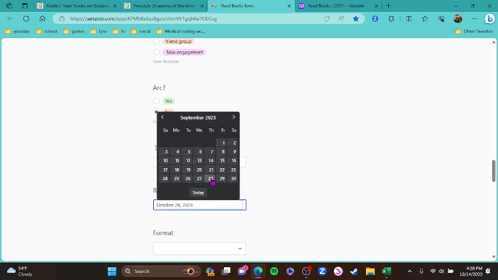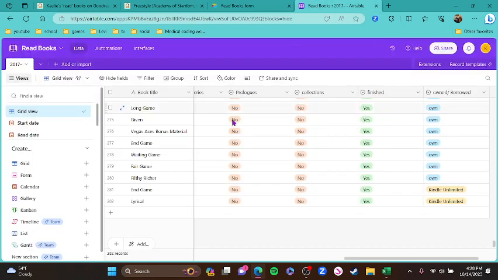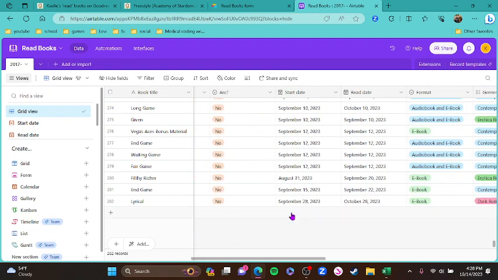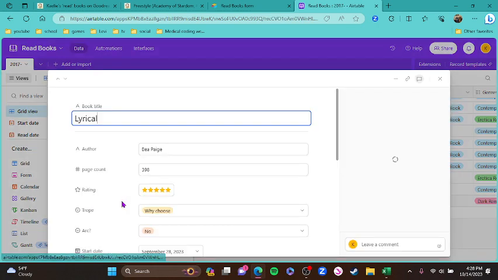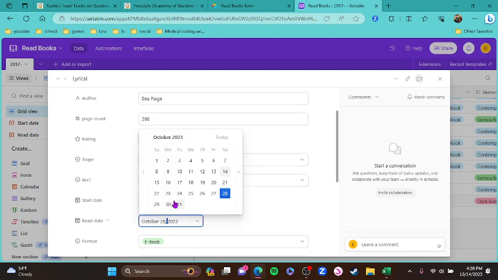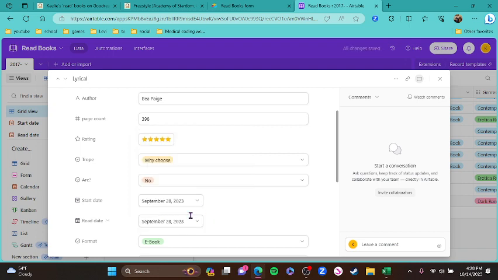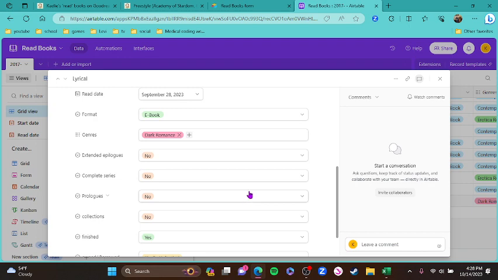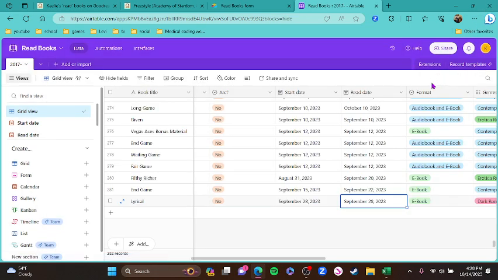Because I forgot to click over. And because I just forgot to click over, I'm gonna go, yep, that one's wrong as well. And check that. So, this will show you how I fixed that. And the nice thing about Airtable is you don't have to click a save button like you do with